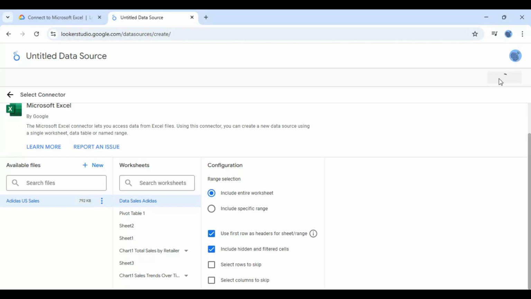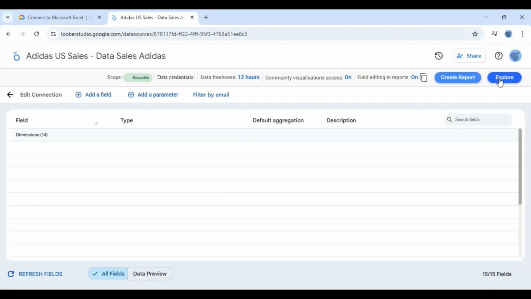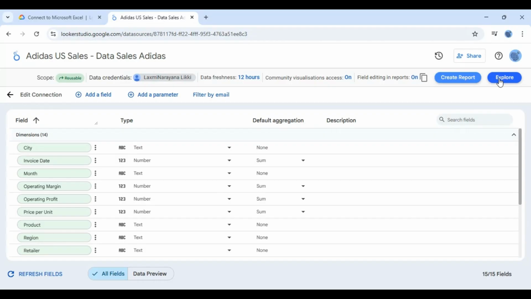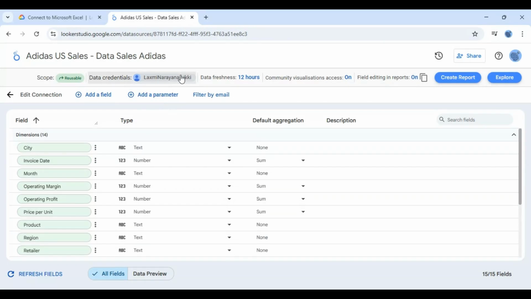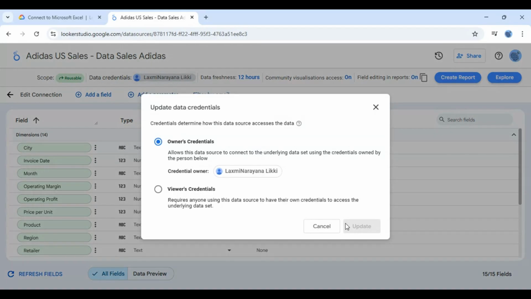I'm just going to connect to this file now to show you the options of a connected Excel file. So I'm going to connect to the Excel file here, and this will pull up my options like we've seen in some of the other videos. I can use my data credentials, or the viewer's data credentials. With this, the data freshness is checked every 12 hours. That's your only option. You can turn community visualizations on and off, field editing on and off, then explore or